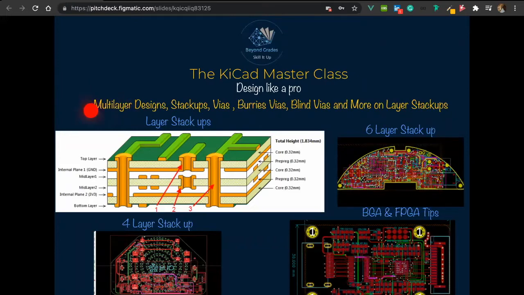Talking about multi-layer designs, stackups, layer stackups, vias, talk of buried vias, talk of blind vias, and more on layer stackups. So when we talk of multi-layer or layer stackups, we are talking about what's the arrangement, what's the configuration that's